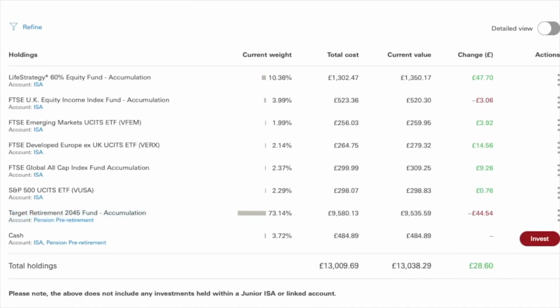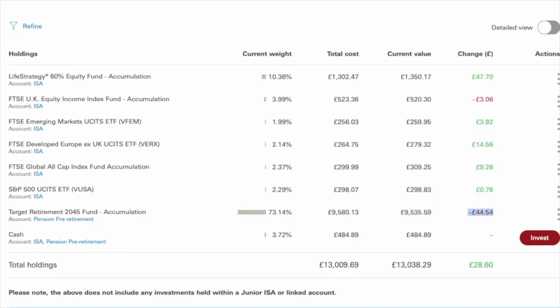So I went for Target Retirement 2045 fund. This is accumulation, and the current weight is 73.14%. The total cost right now is £9,580.13, and the current value is £9,535.59, and this is a loss of £44.54. And then I've got cash in both my ISA and my pension, so that adds up to